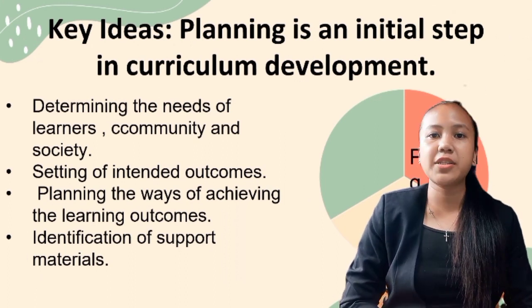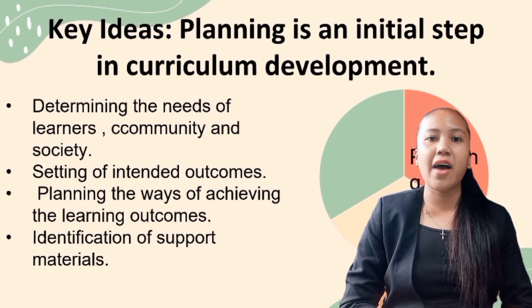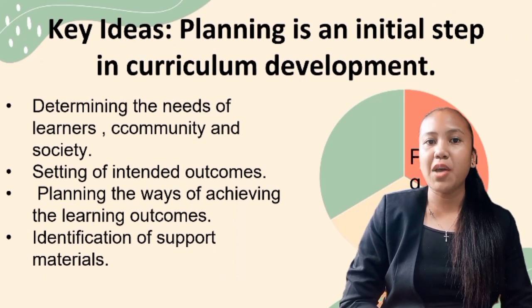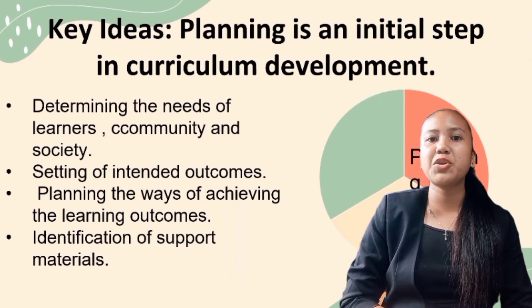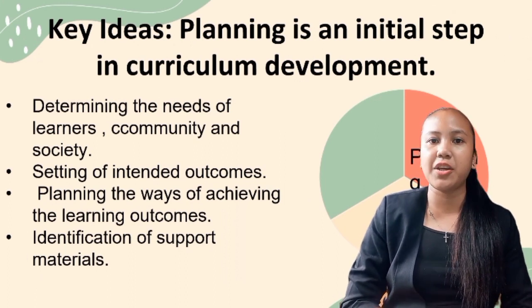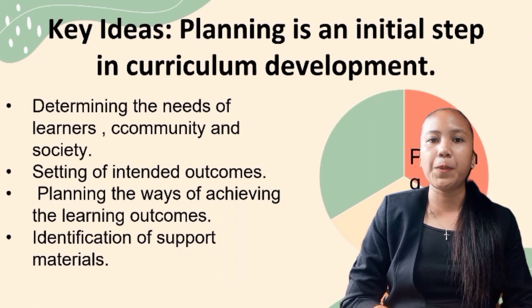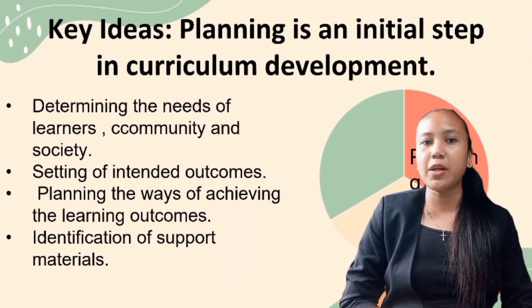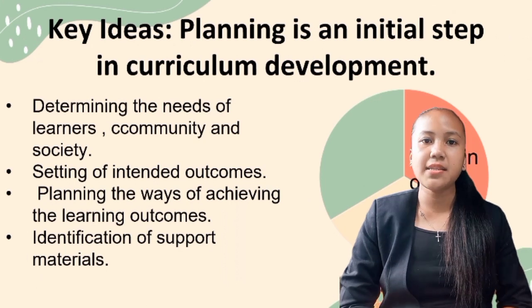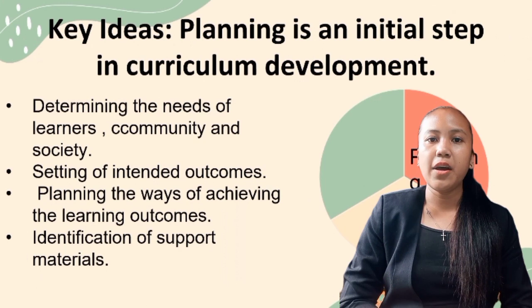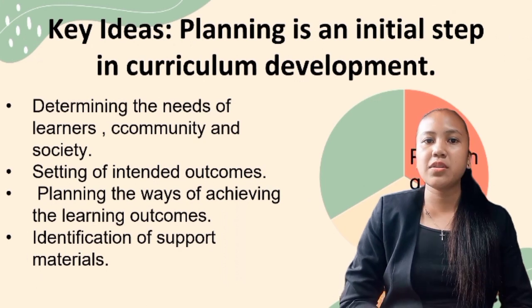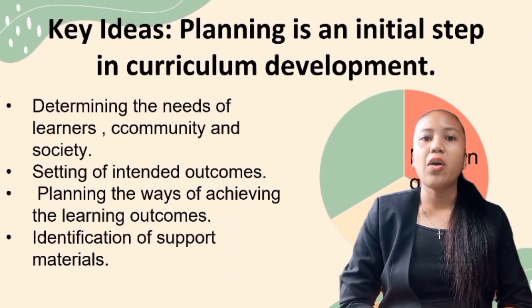Many planners would say a good plan is half of the work done. So, in curriculum development, a well-written plan ensures a successful implementation. The end product of planning is a written document. Some outputs of curriculum planning are lesson plans, unit plans, syllabus, course design, modules, books, instructional guides, or even a